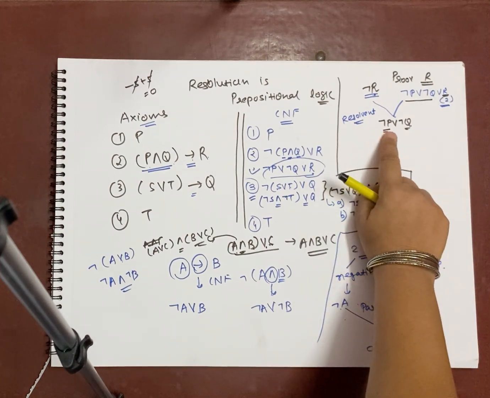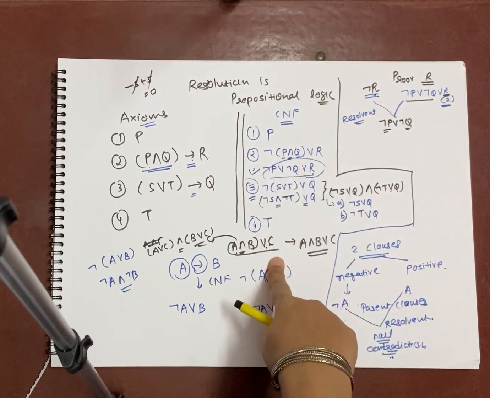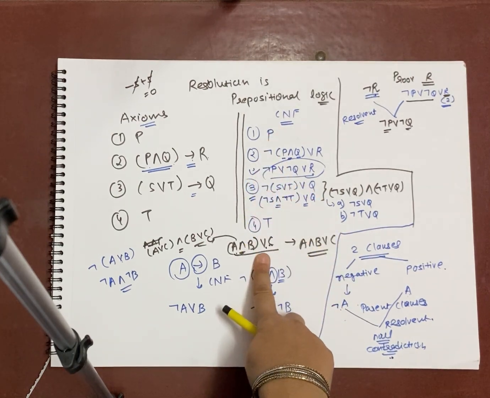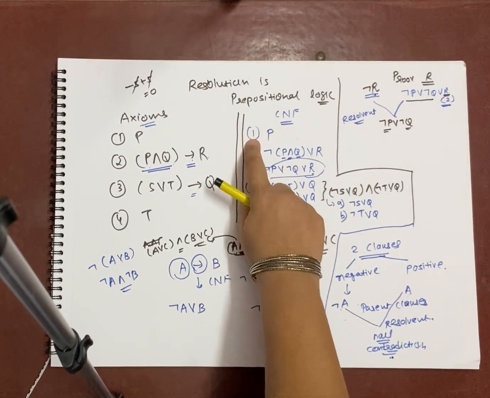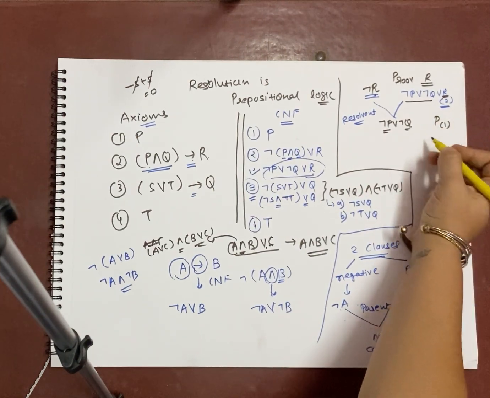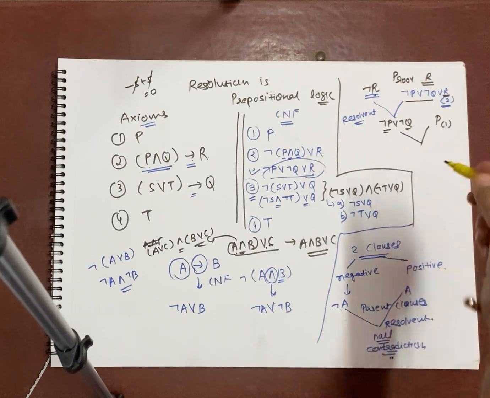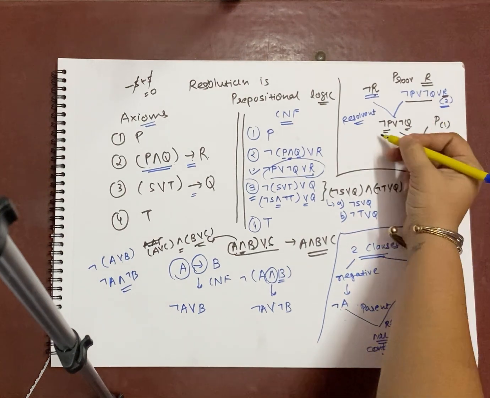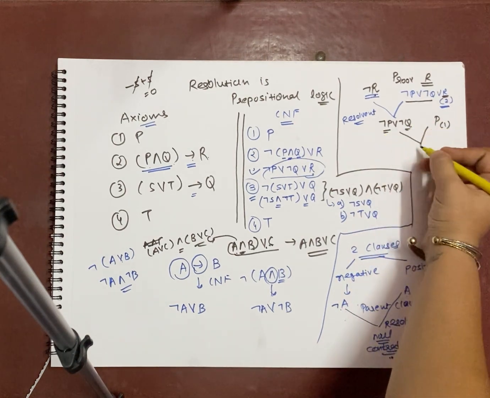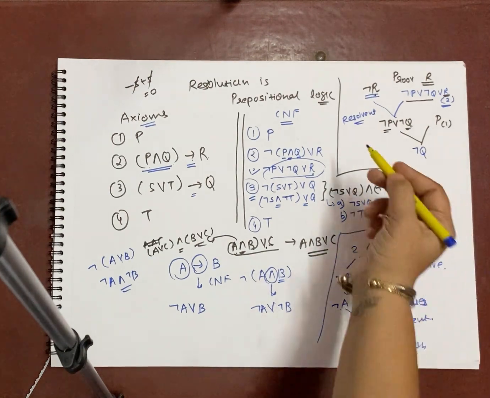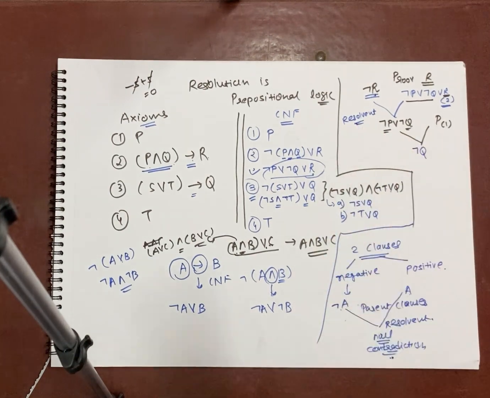So if we pick up not P, find out any clause where positive P is available. Do you have any clause where positive P is available? Yes, it is available in 1 itself. So if you select the first clause and try to resolve them together, what is going to happen? Once again, negated P and positive P are a contradiction, so they are going to be cancelled out. So what is remaining? Not Q. So not Q is your resolvent after applying resolution.